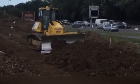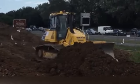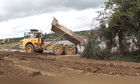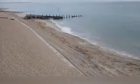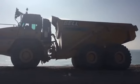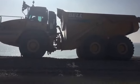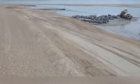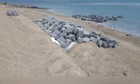The Eastern Solent Coastal Partnership has partnered with the Environment Agency and Raymond Brown Construction to save the local property. The first stage of construction was the most difficult. It's clear that the constant tides constantly interfered with the construction works. Though putting the stones in place and flattening the sand might seem relatively easy, the heavy equipment worked on the